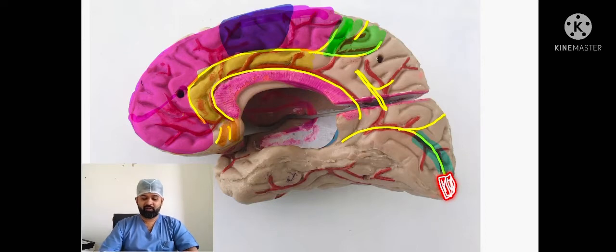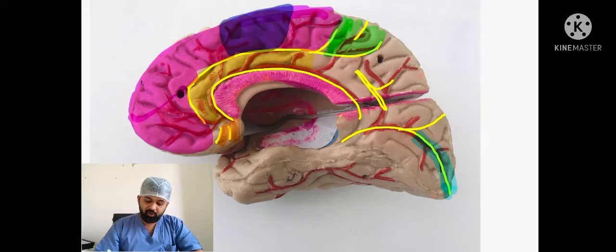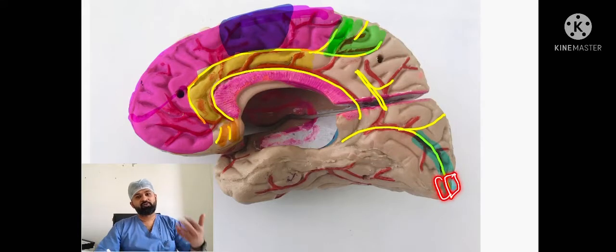Also, the upper part of the calcarine sulcus, the superior lip, has fibers from the superior retinal area. It means the inferior field of your vision will be represented in the superior part of this sulcus, and the superior field of vision will be represented in the inferior part of the sulcus. Details with diagrams we will see when we discuss the visual pathways. But it is important to remember that the macula, or the finest vision, is located in the most posterior part of the visual cortex, and the peripheral vision is located in the anterior part.